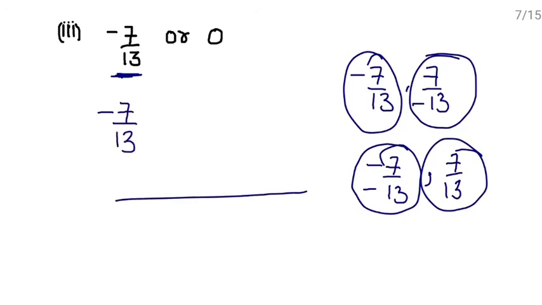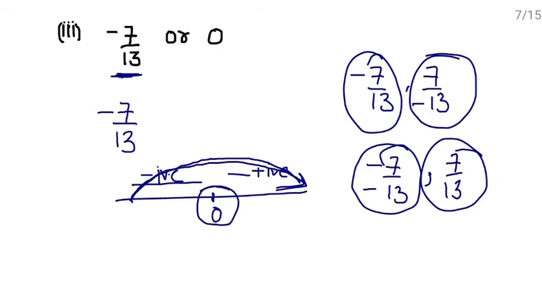On the number line, 0 is here. On the left side we write negative numbers, and on the right side we write positive numbers. And I have explained that positive numbers are always greater than negative numbers. The values that come on the right on the number line are always greater. Where is zero coming? On the right. It means zero is greater than negative numbers, right? So zero is greater.